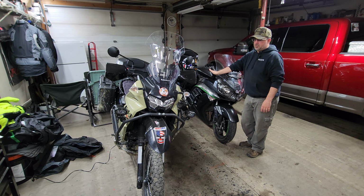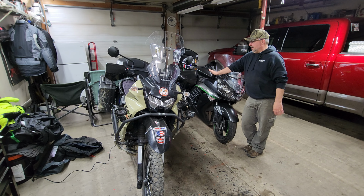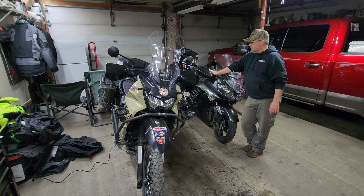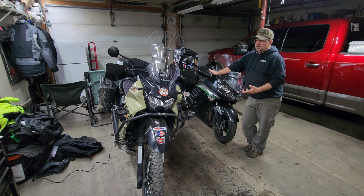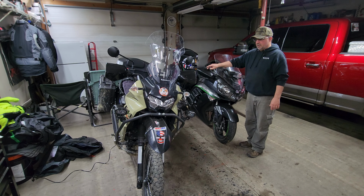and I've ridden them in the past as a pair, but we're getting older. I'm 51. My wife's in her upper 40s. We're also getting bigger, and these aren't really sized well enough for us. So I started looking around, and I'm a Kawasaki fan. I always have been. And I decided on the Kawasaki Concours right here. This is a Concours,